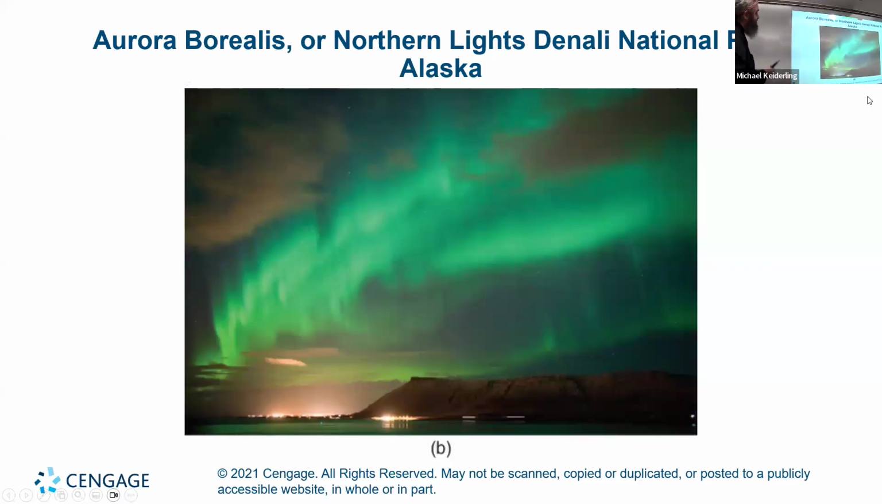So here's the Aurora Borealis, it's seen in Denali National Park in Alaska. Normally you have to go pretty far north or south to see the auroras. Though on particularly intense solar storms, you can see them as far south as here. There was one a little while ago where we were supposed to be able to see it. I didn't actually manage to, but